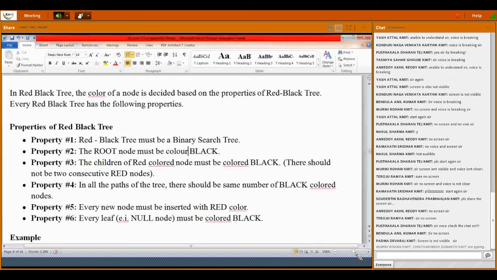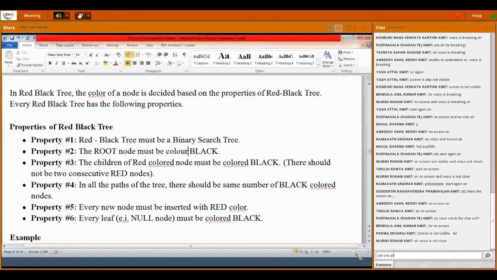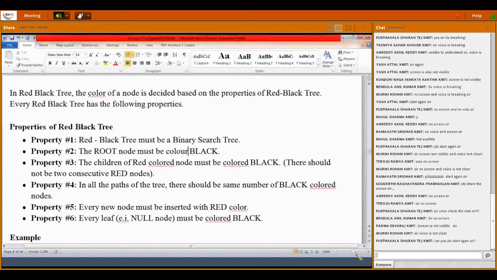Every red black tree is a binary search tree, but every binary search tree need not be a red black tree.